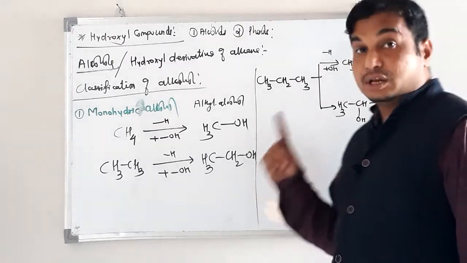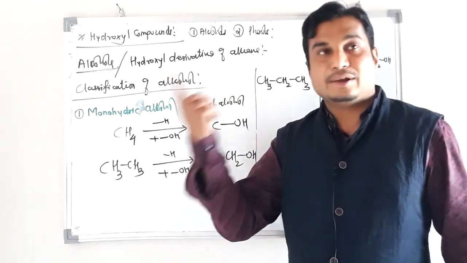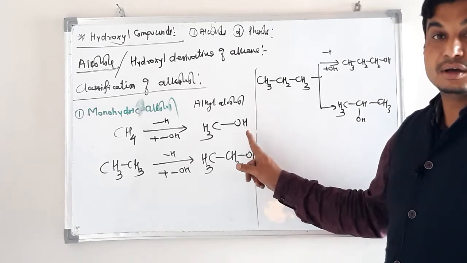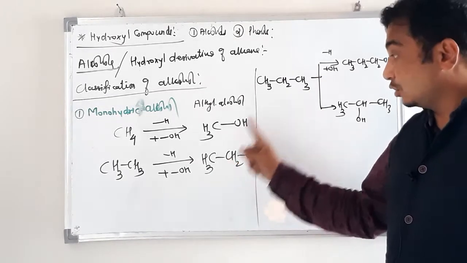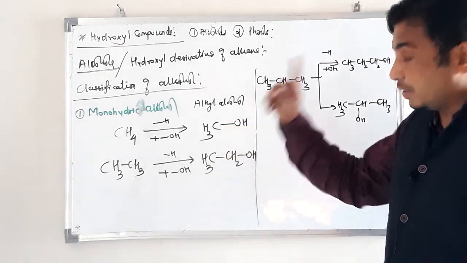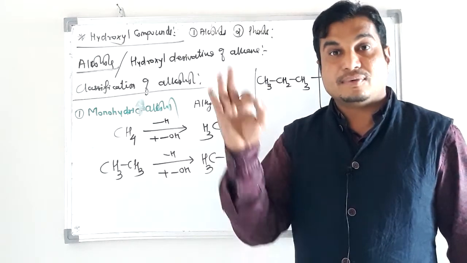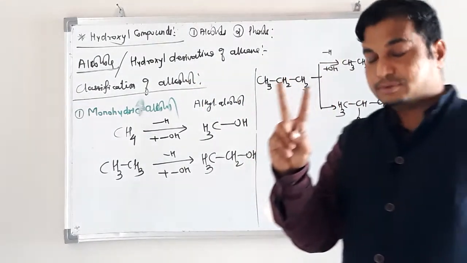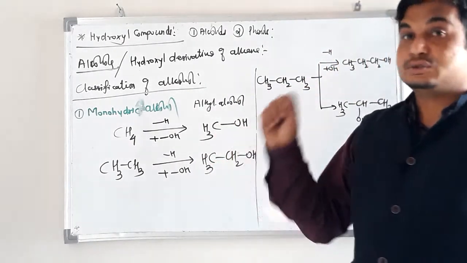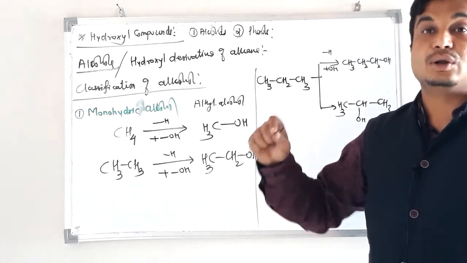And remember, the functional group in alcohol is the OH group. In case of alkyl halide, the halogen atom is the functional group. Similarly, in alcohol, the functional group is the hydroxyl group. And see, in alcohol, the OH group is attached to an aliphatic carbon atom. Always remember, carbon atom of aliphatic hydrocarbon. There are two types of hydrocarbon, aliphatic and aromatic. Here in alcohol, the OH group is attached to the aliphatic carbon atom of aliphatic hydrocarbon.